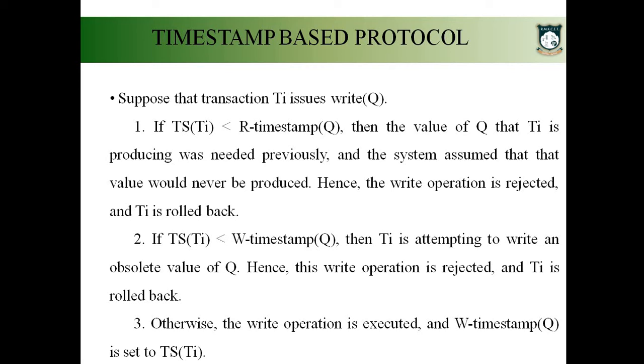The next possibility is, we compare the timestamp value of the requesting transaction with the write timestamp value. Suppose it is greater, again you should not allow that write operation and you have to roll back the requesting transaction. Suppose these two conditions fail, then obviously you can allow the write operation. Once after allowing the write operation, you have to update the write timestamp value of the particular data item. What you have to update? You have to update the timestamp value of the transaction as the write timestamp value of the data item.